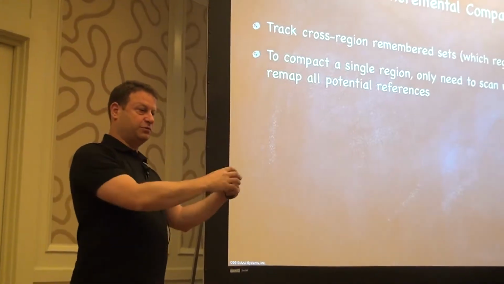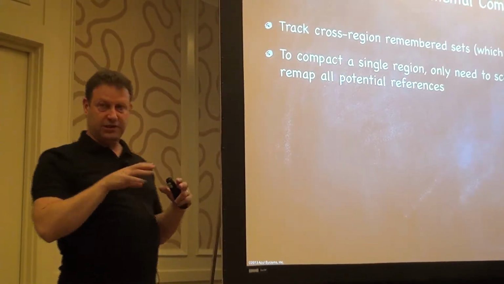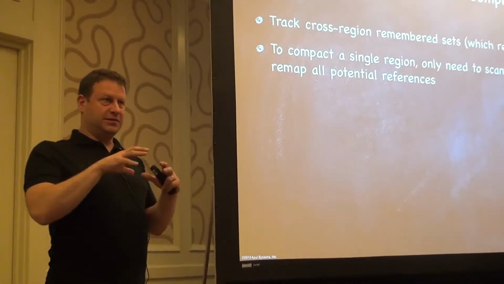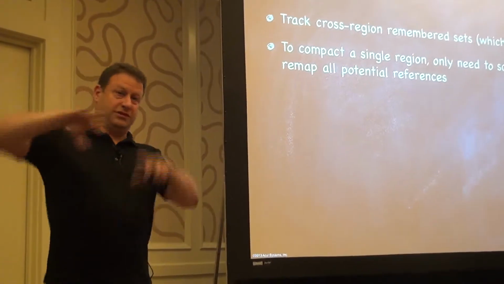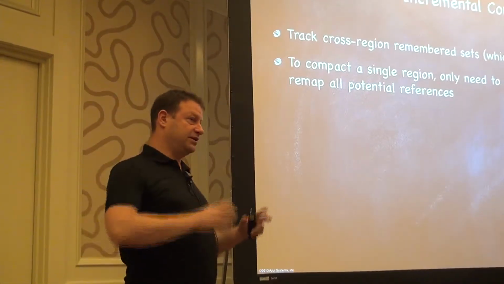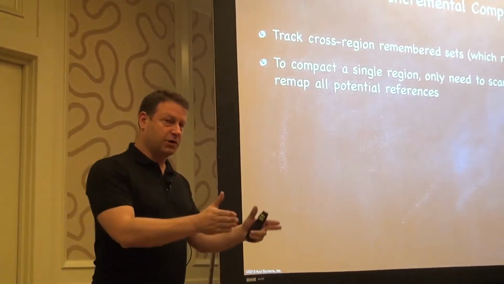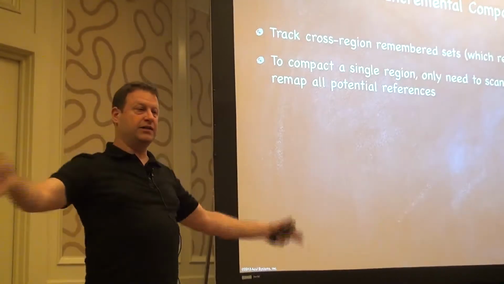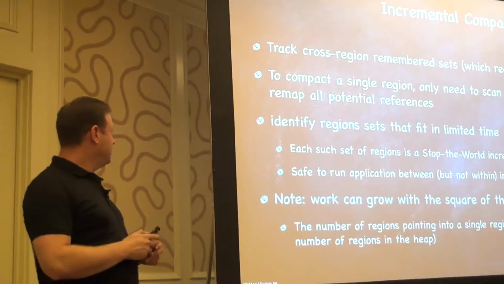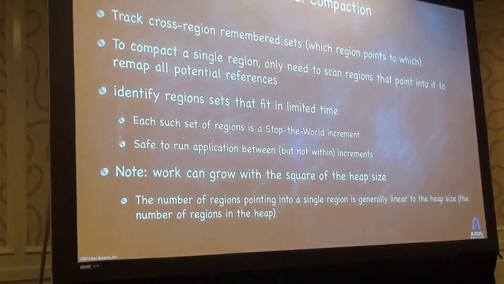If I remember what that is, if I move one region somewhere else, I don't have to scan the whole heap. Maybe only 12 regions point to it, or 12 places point to it. So it tries to remember what points where. And when it finds sets where it's not the whole heap that points to the whole heap, but these 17 regions are pointed to from only 175 other places, if I compact them, I don't need to scan 175 things. It's less work, and it's an incremental, smaller cost than if I did a big pause. And then I'll come back and do another set, and another set later. So you identify regions that fit in a limited amount of time, hopefully, and then you compact and fix up